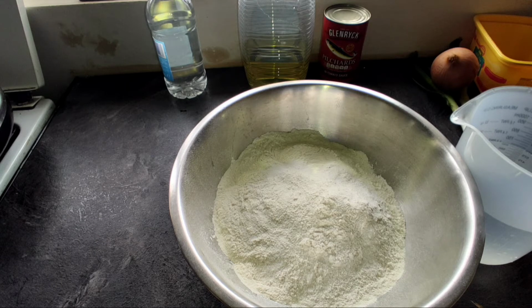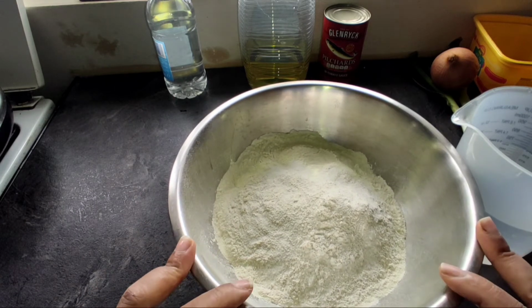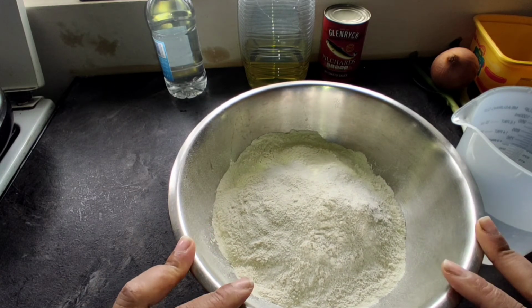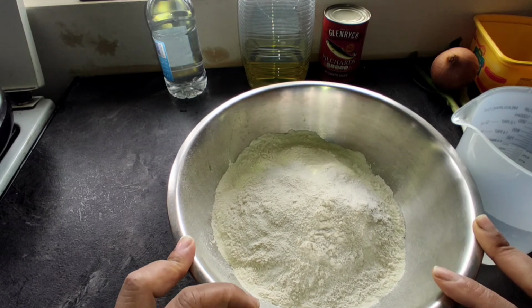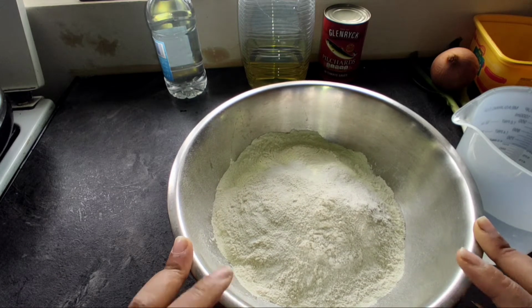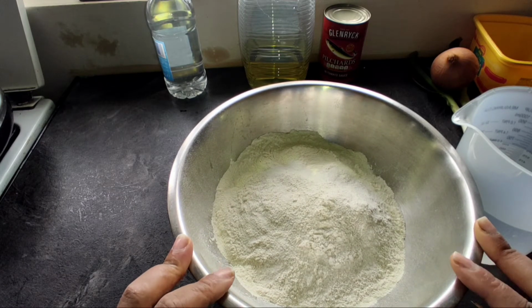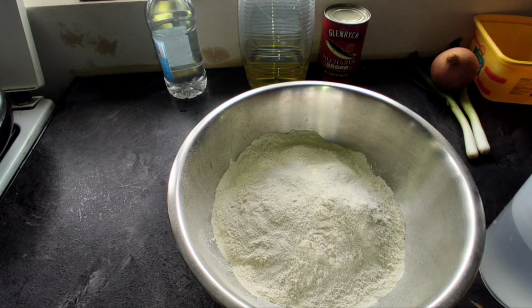So today I'm going to show you how to do boiled dumplings. I've got flour here, and this is plain flour with a bit of salt to bring taste to the flour. And I've got a pot of water on the cooker that's there to boil, and when the water's boiling, then I will make the dumplings and add it to the boiled water. So let's get into how I